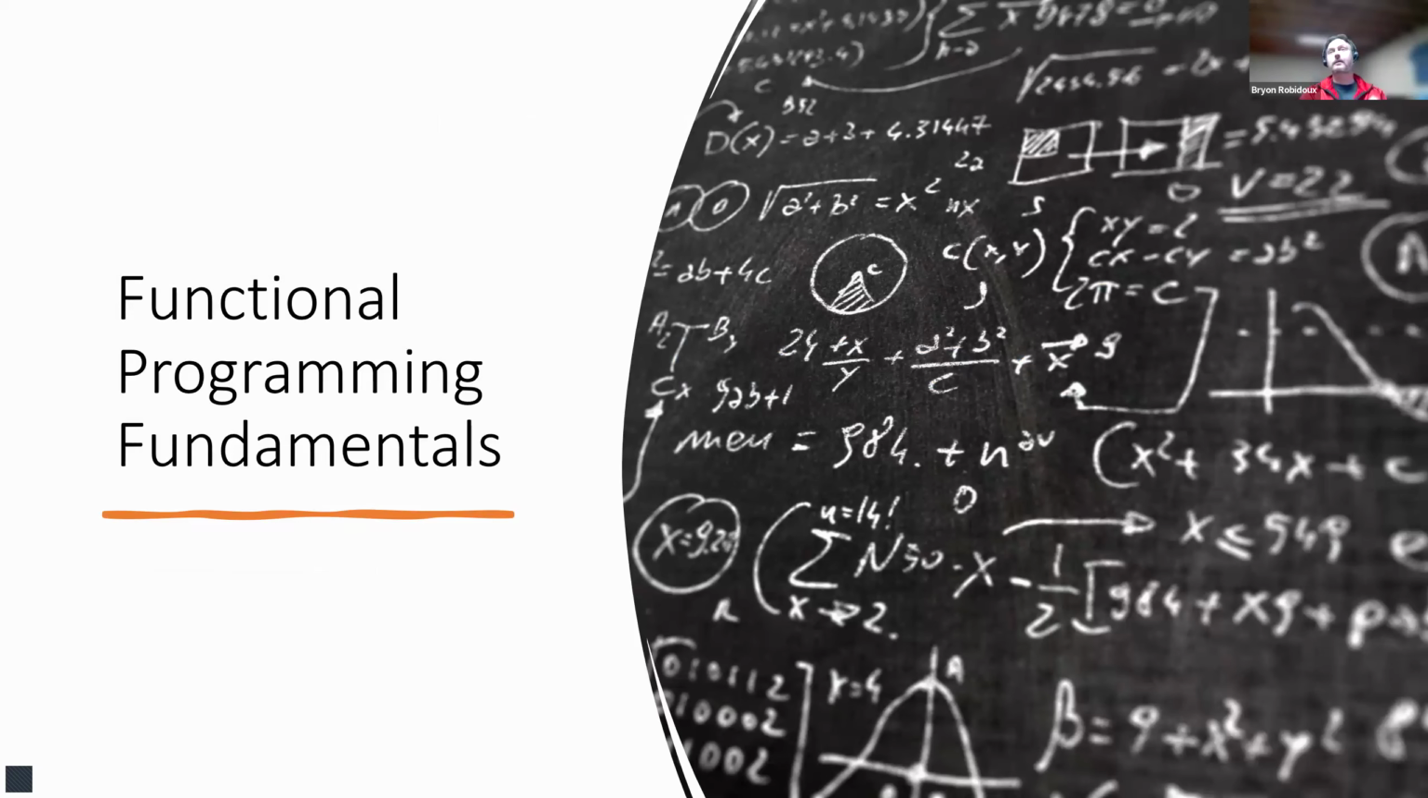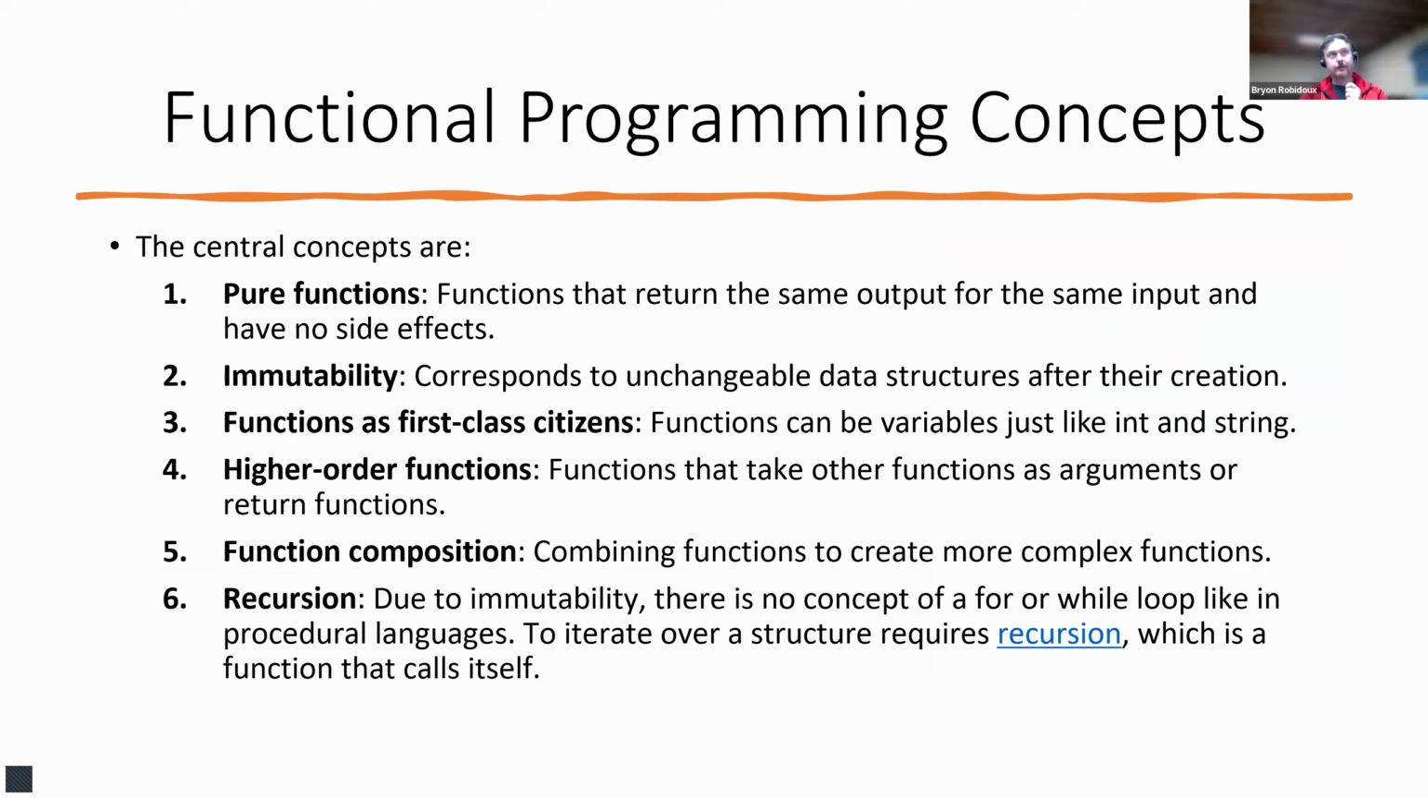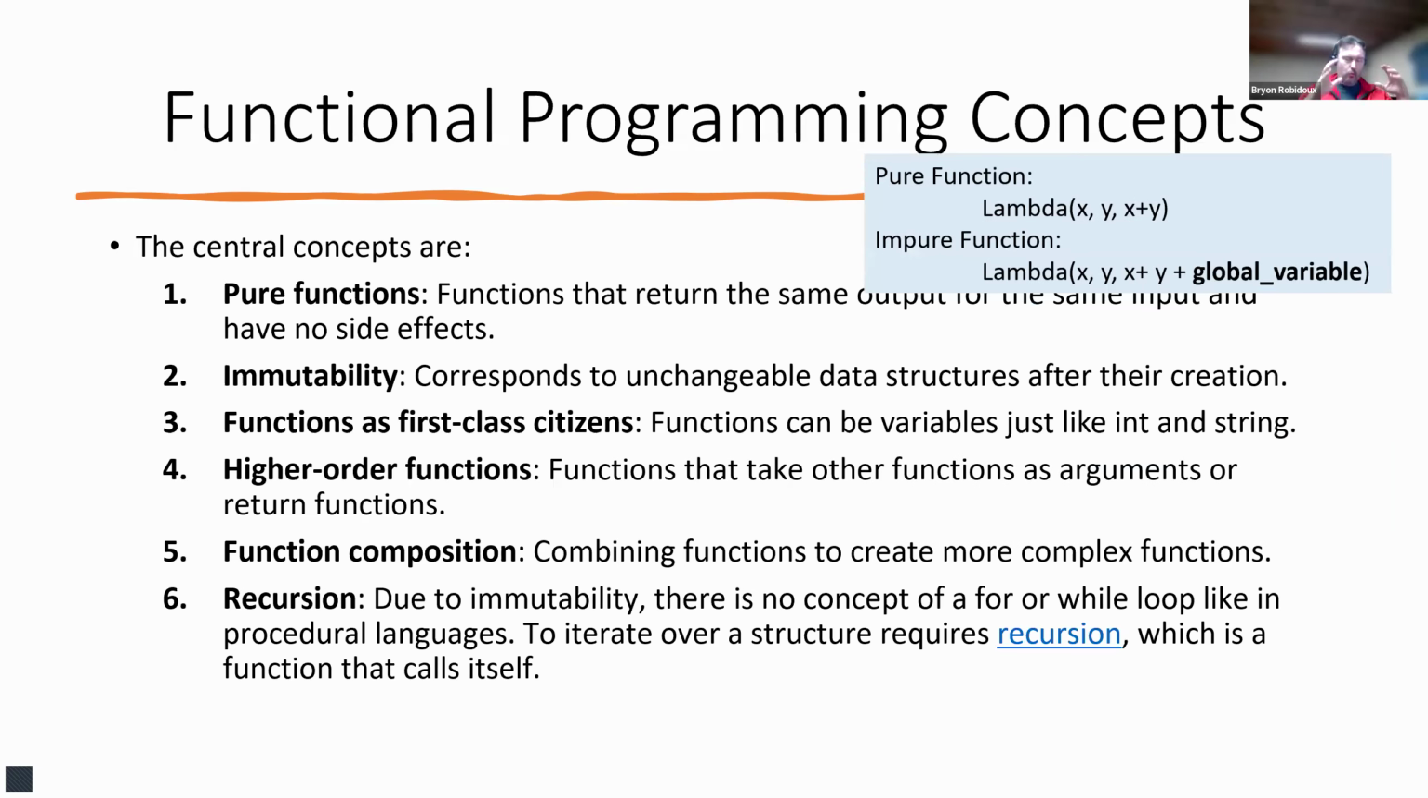Okay, so moving on. Now we need to learn what the functional programming fundamentals are. Here are the 6 different properties of functional programming. First of all, you have the concept of a pure function. Think of it like a mathematical function. If I give you the same x and I give you the same y, I'm going to get the same result back, which is not necessarily true in a